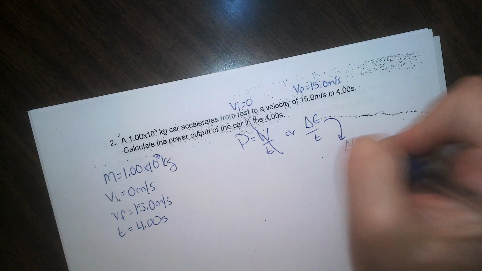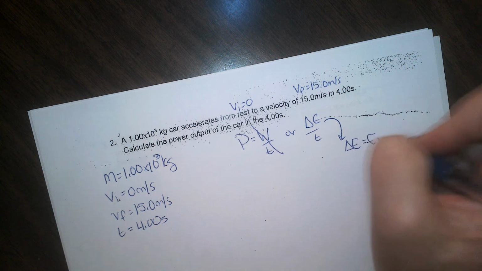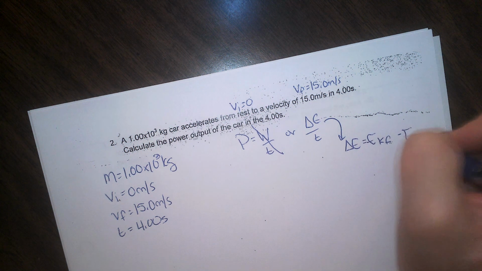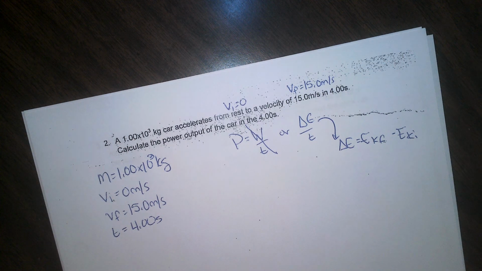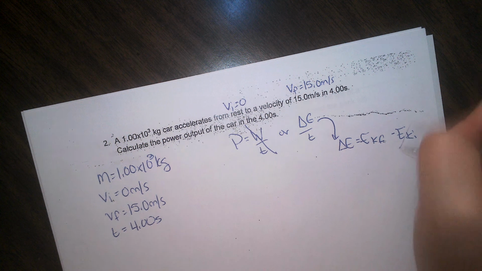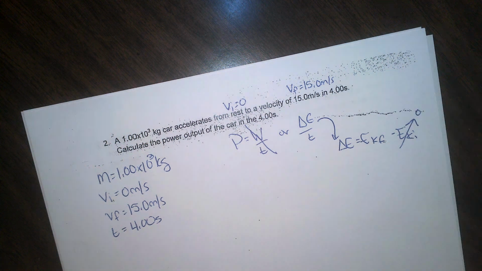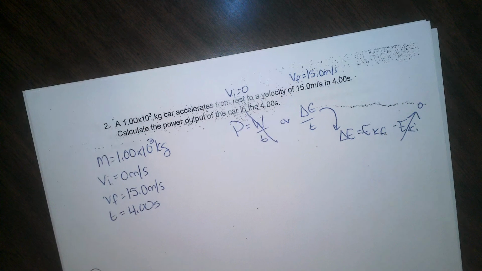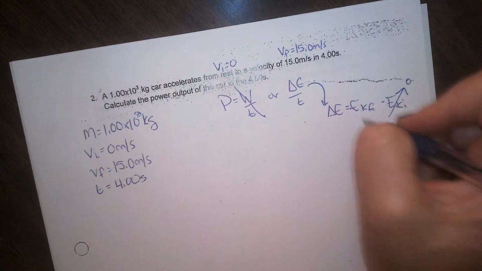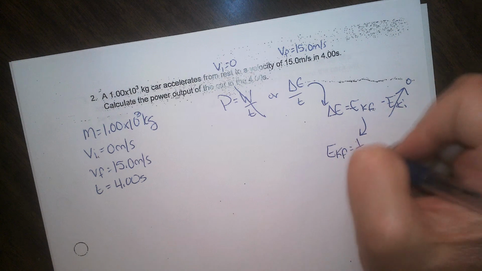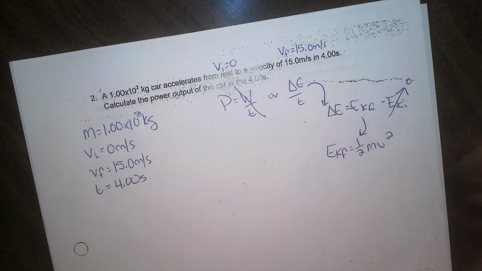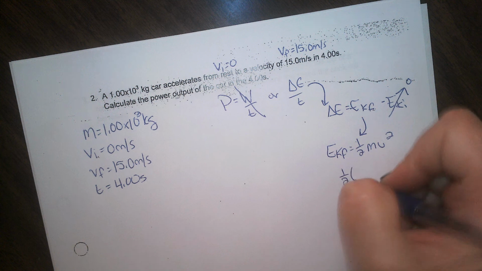So the change in energy is going to be equal to EKF minus EKI. Now, at initial, what was the velocity? Anything multiplied by 0 is going to be 0. How do I find EKF? 1/2 mv squared. So 1/2